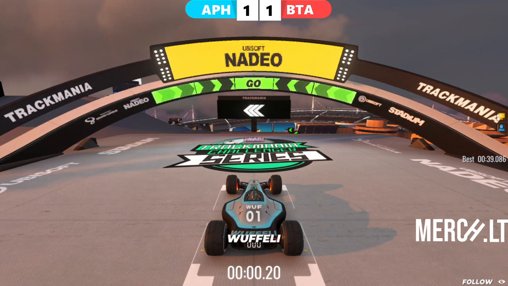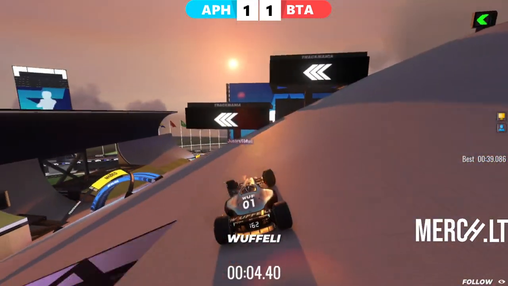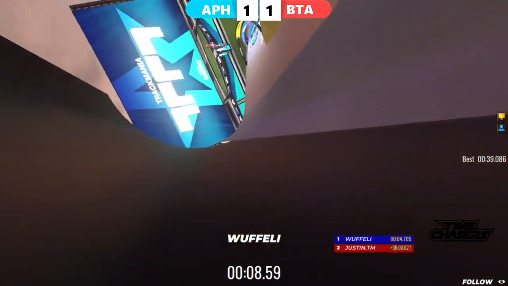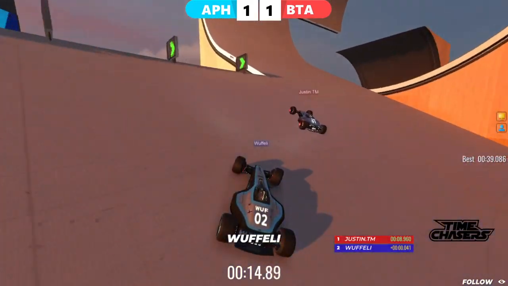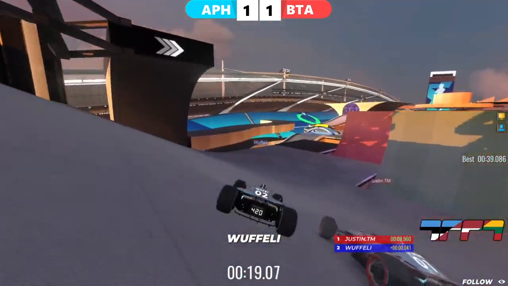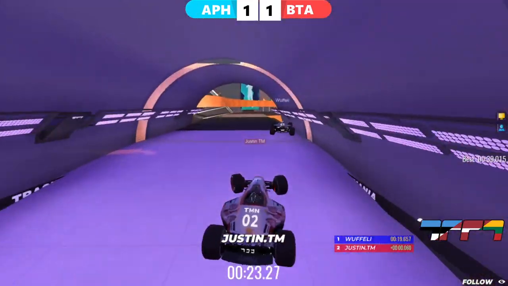Third round on the FS map. Let's see. The start of the very first map, I think when players learn it, you can take it also super tight, but it's very easy to get a small airtime, so there's already a big risk potential to lose a bit of time at the start. Wuffeli is taking an interesting outside line to gather more speed and reduce airtime, as we do see that Justin, taking the tighter approach, does lose quite a bit,